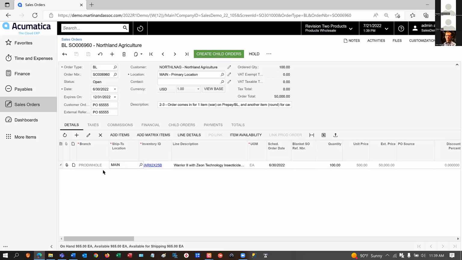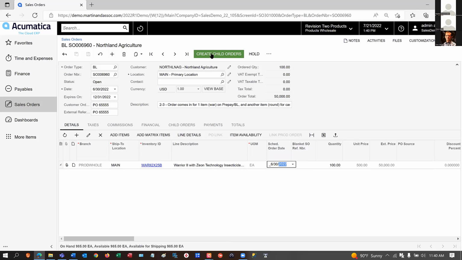You can basically set that all out in advance if you want to, and basically say, over the course of these next 6 months, these locations will receive these quantities delivered to you at this price on this schedule. And once you establish that sales order, that blanket sales order,